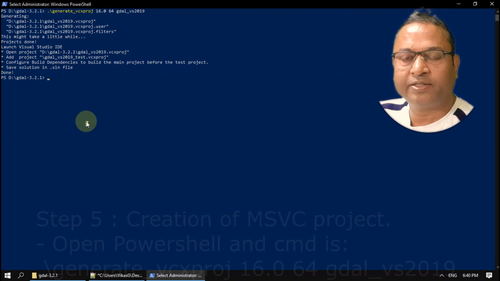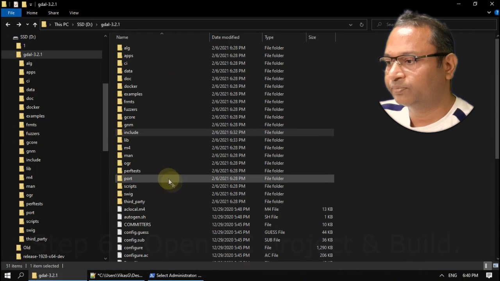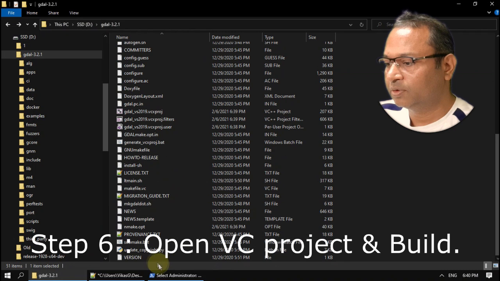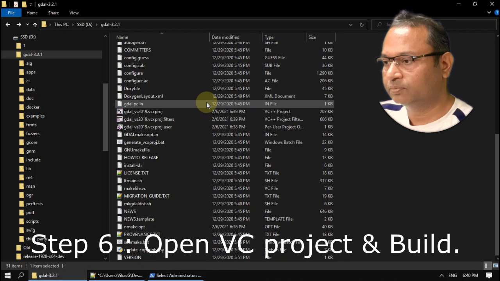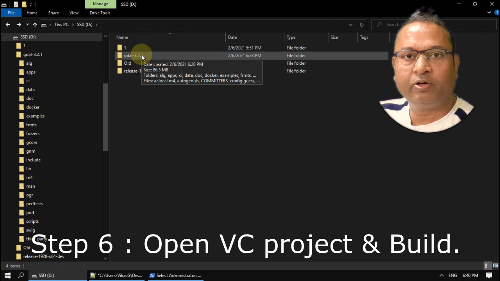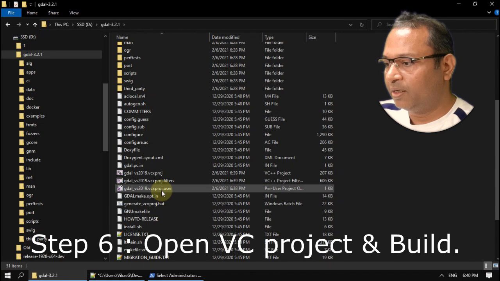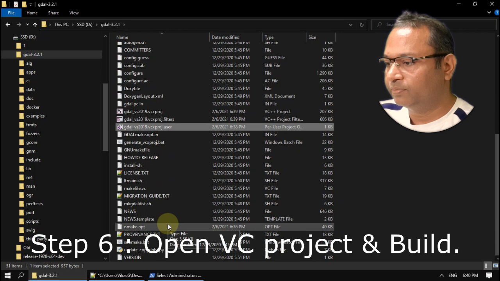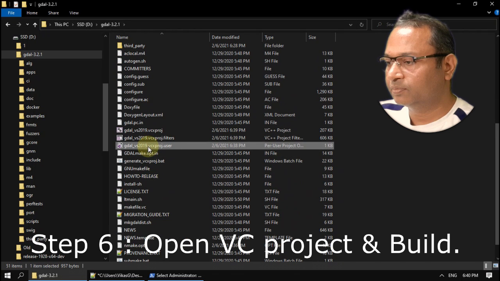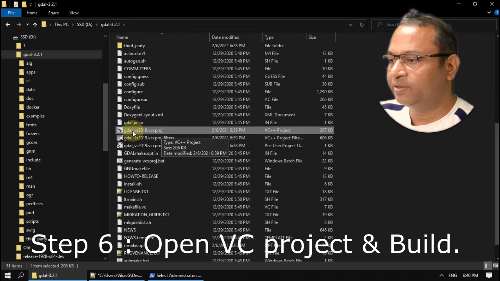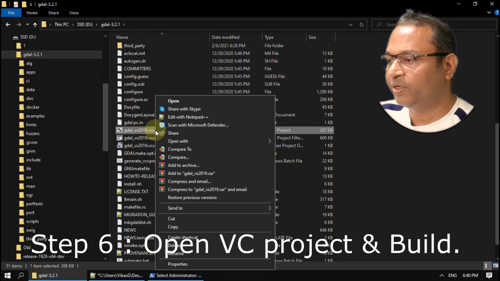Now let's move to the next step. Simply open the GDAL code folder, and here as you can see, this is a project file. So let's open it.